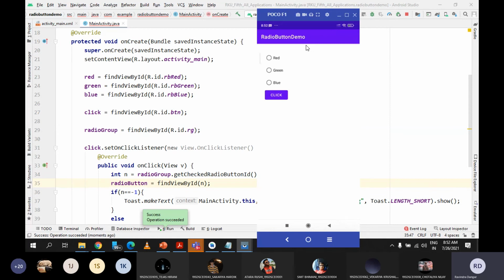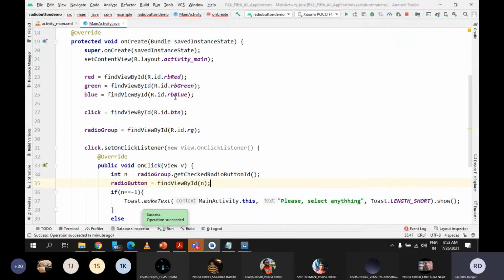See, now let me select red, click, see the unique ID I'm getting. For explanation I was saying that 1, 2, 3, but whatever unique ID is there, it will get it. See here, if I click on green, then this ID will be different. The way we are finding the IDs from the XML file, earlier also I was saying that you will have a different or unique ID for each component. So whatever ID is there, accordingly it will get the radio button. You can see every time for each control the ID is different, and I'm getting that ID.